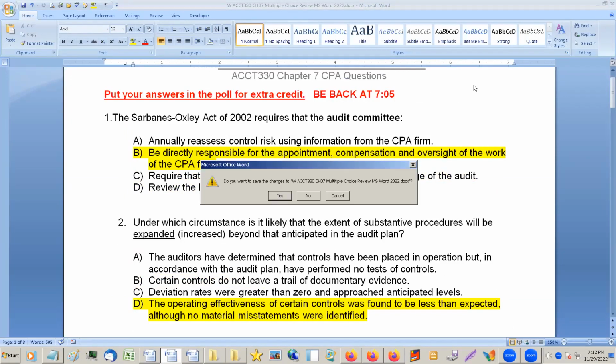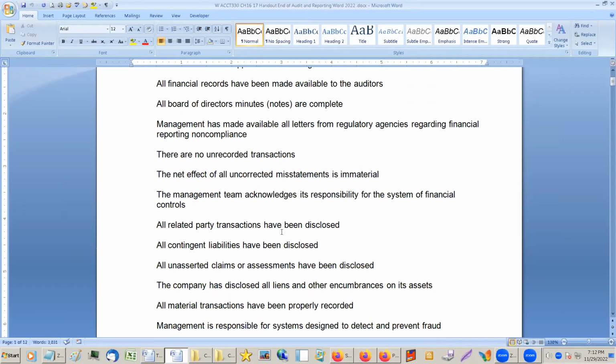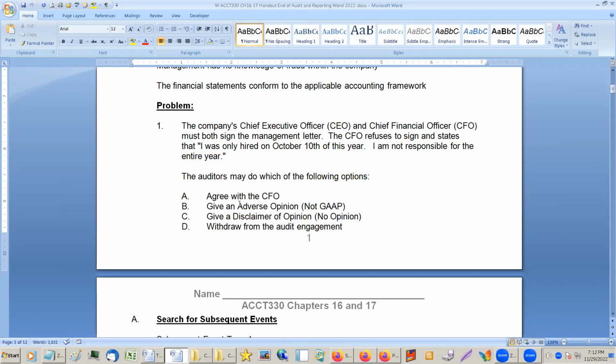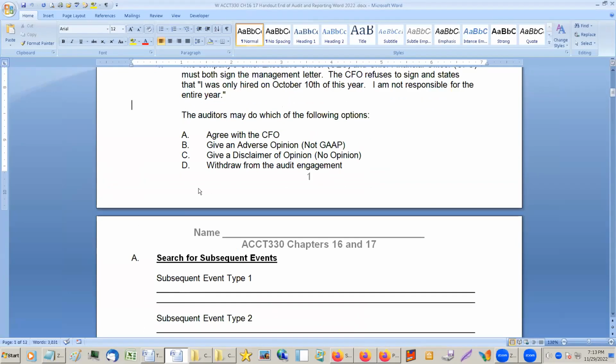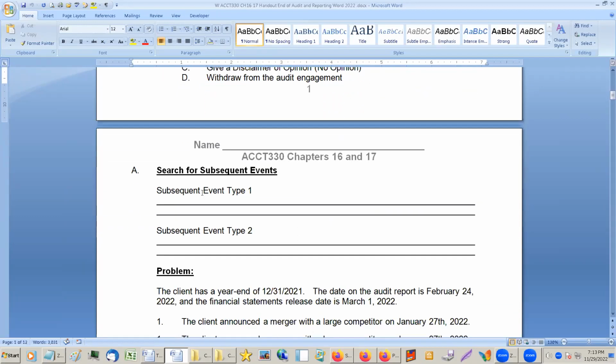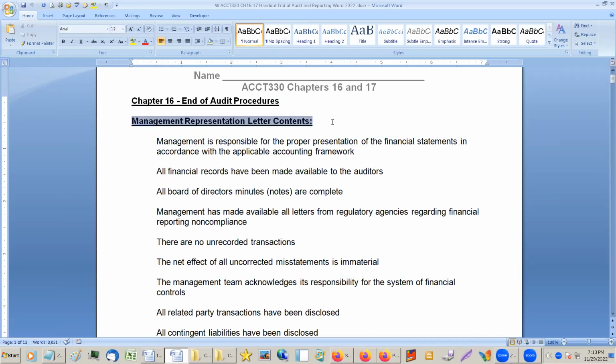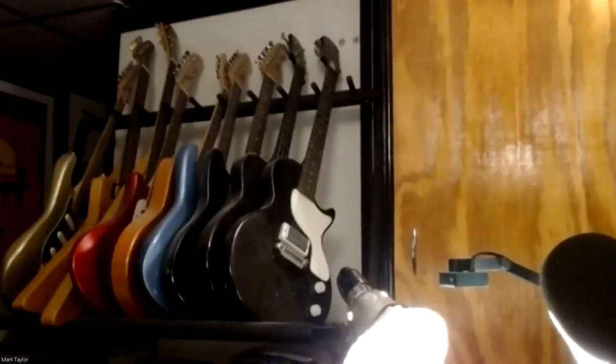Okay. All right. End of the audit procedures. So what we're going to talk about for chapter 16 is about that. Oopsie daisy. He's not paying attention here. So